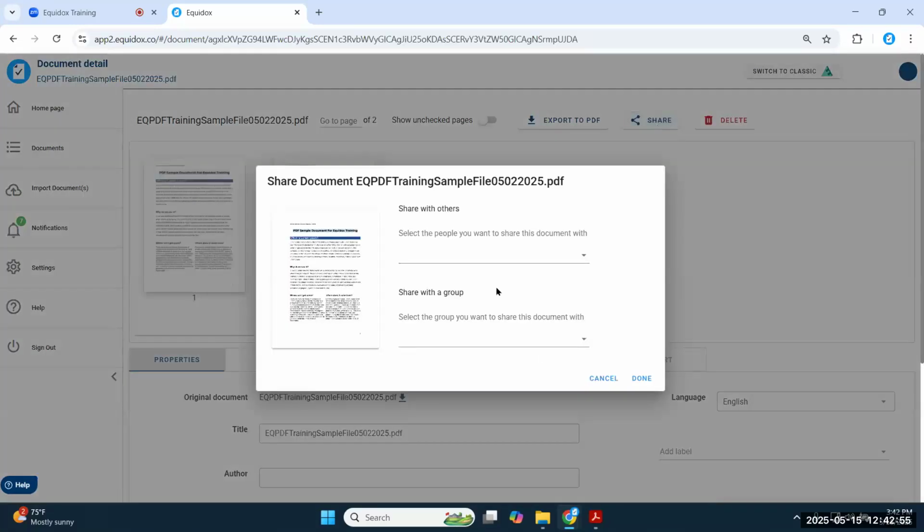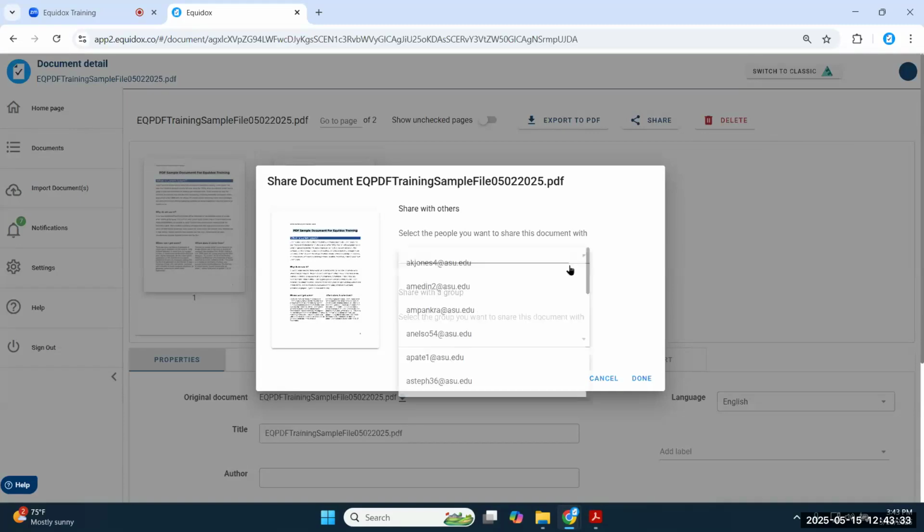This is really important because Equidox is a web-based application, you do have the ability to share documents and work on documents with other people. So you can actually have multiple people working simultaneously on the exact same PDF. That would probably be irrelevant for such a simple 2-page document. But hypothetically, say this is 200 pages and you need it done by the end of the day and you don't have time to clear your calendar. So maybe you share it with your 3 best friends and everyone takes a 50-page section and you can get this document done in a fraction of the time.